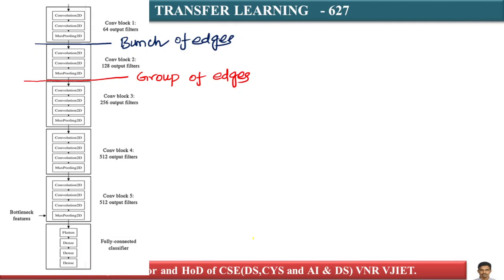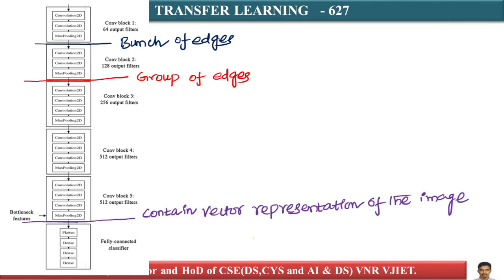In convolution layer 2, it detects groups of edges. So by the time I come here, at the flatten layer, the bottleneck features contain